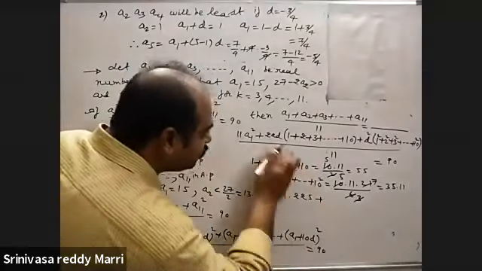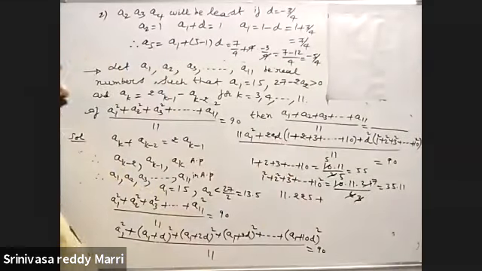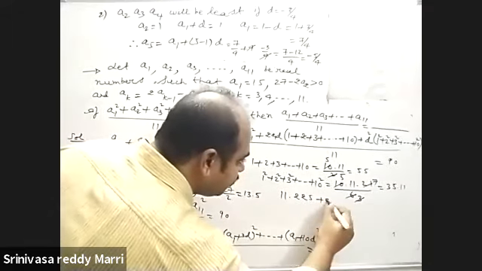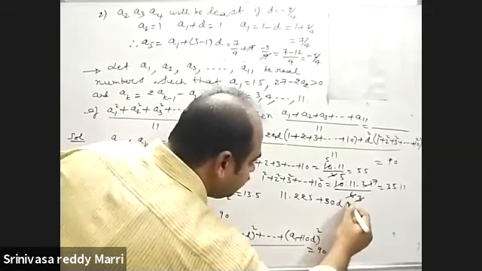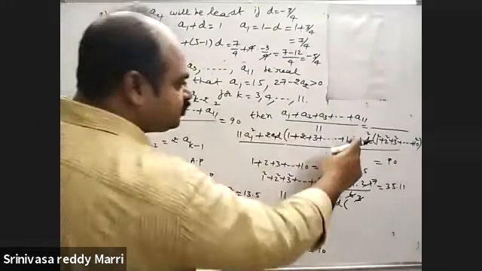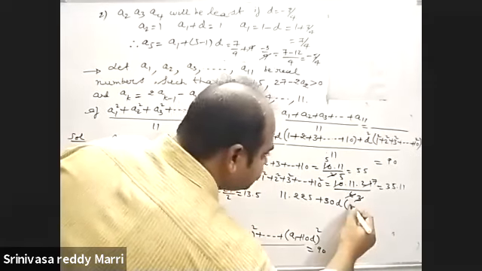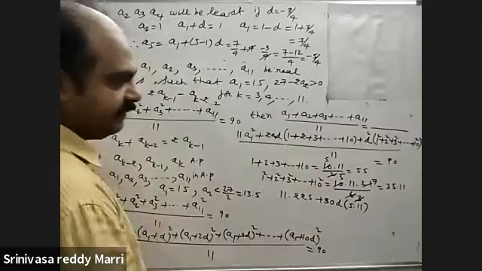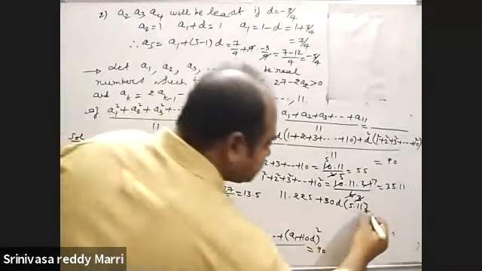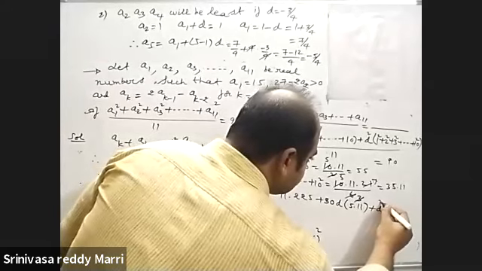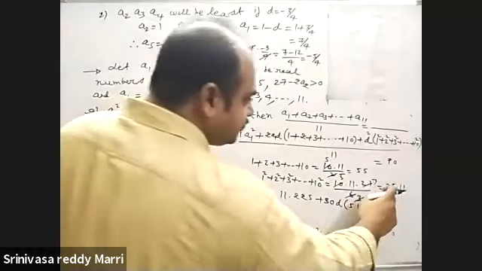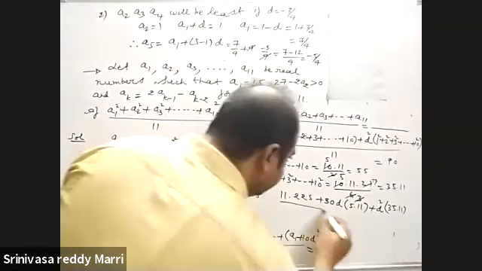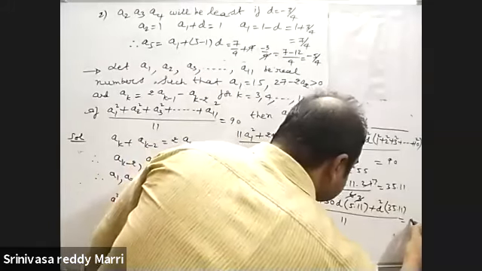225 plus 2 into this is A1. 2 into A1, 2 into 15. That means 30 D into, in place of 1 plus 2 plus 3 and so on, I am substituting, I am writing 5 into 11 only. 5 into 11, or otherwise 55. Plus D square into, this is what? 35 into 11, whole divided by 11. This is nothing but 90.